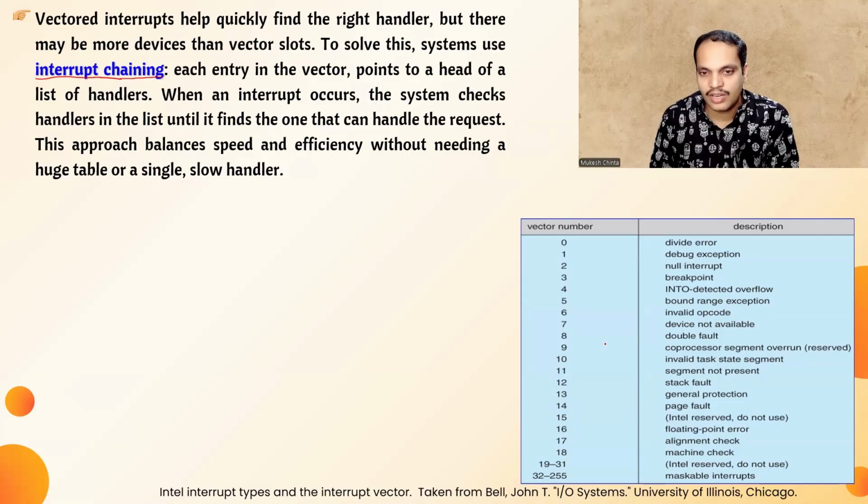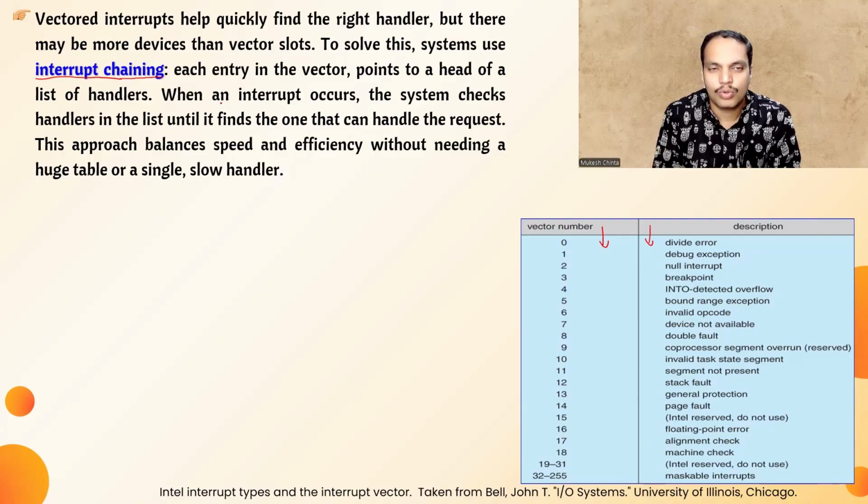Now this is actually taken from Bell and John T., IO systems. You can see these are all the Intel's interrupt types. You can see the vector number here and you can see the description. Now, when an interrupt occurs, the system checks handlers in the list until it finds the one that can handle